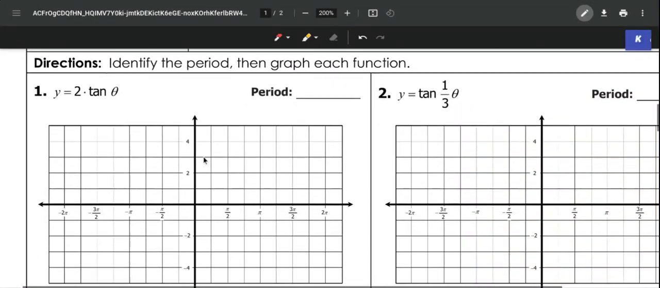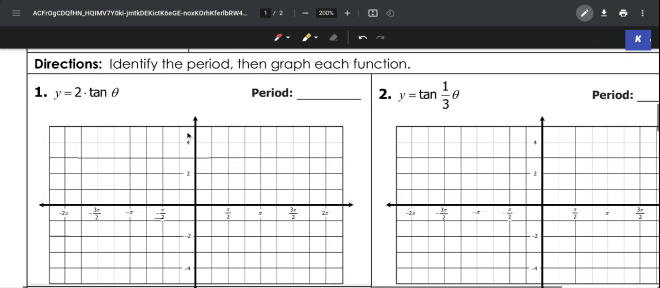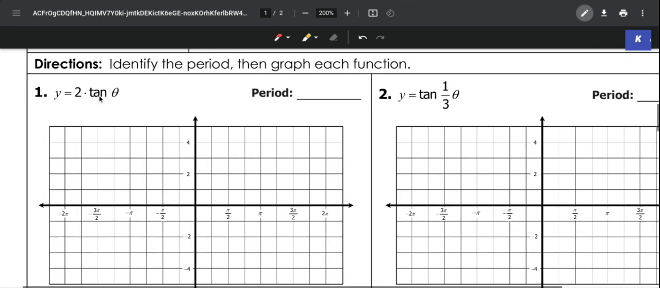So if we look at number 1, we have 2 times tangent theta. So first of all, the amplitude is undefined here, but our period is going to be a little bit different. It's going to be, well, actually, no, it wouldn't. It would still be pi, because we would take b, which is understood to be 1 in front of this theta, and we would say